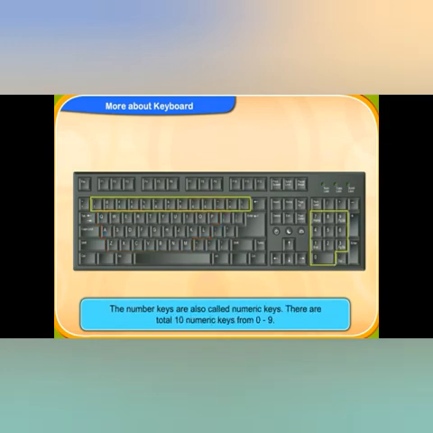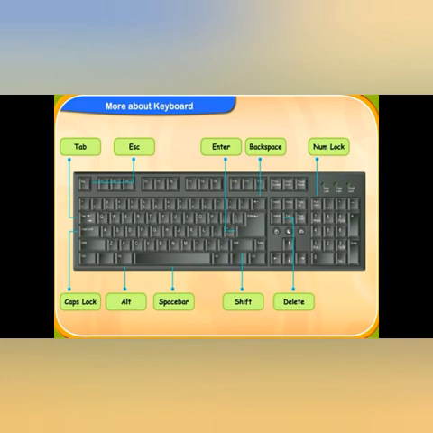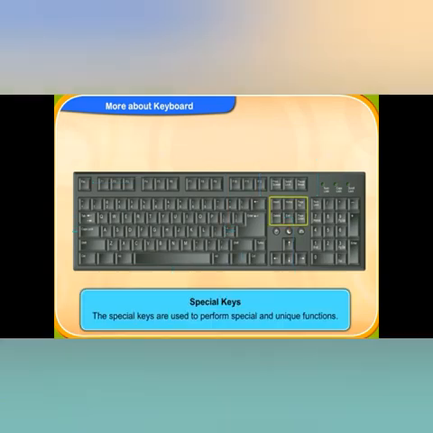Number keys, there are two sets of number keys known as numeric keys, and they are used to type numbers in the computer. Now, these are all special keys which are used to perform special and unique functions.